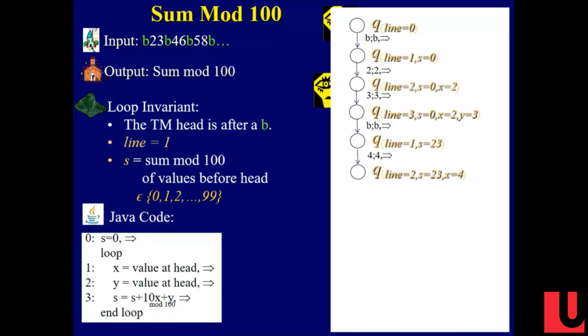And then similarly, then I'm in line 1. So what is line 1? I read in the value of X. I look at my tape head. My tape head is looking at a 4. So I write that 4. So the 4, we don't want to destroy the input. Right? I write the 4. I move the head right. But what state do I go in? I'm now in line 2. S is still 23. I haven't changed it. But I now also know the value of X. Right? I'm in a state that remembers X. Everybody following this? And this is how the machine is going to go forward.